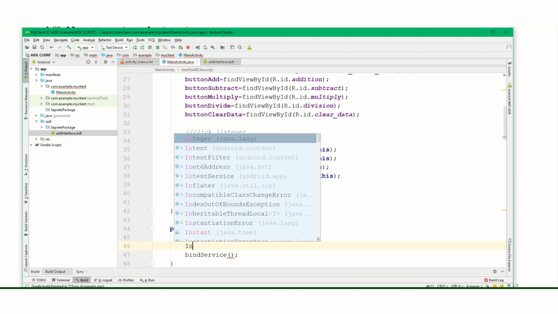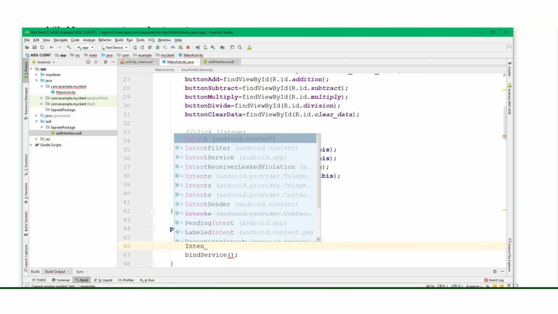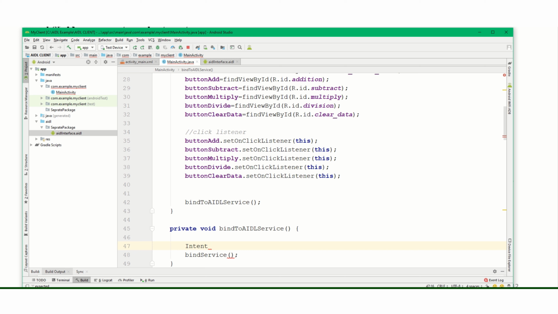Our first parameter is intent. AIDL service intent, you can name it anything, equals new intent and the action.